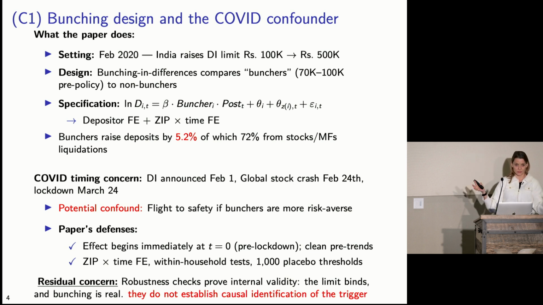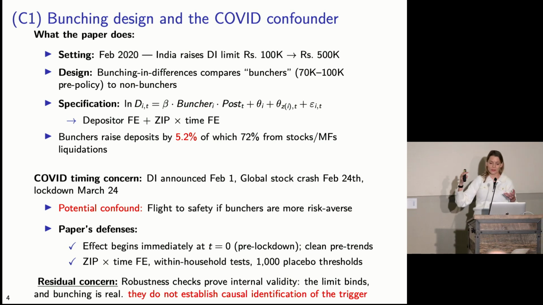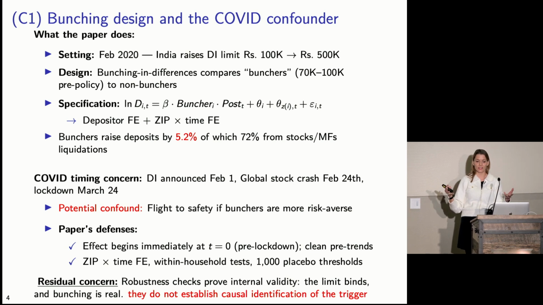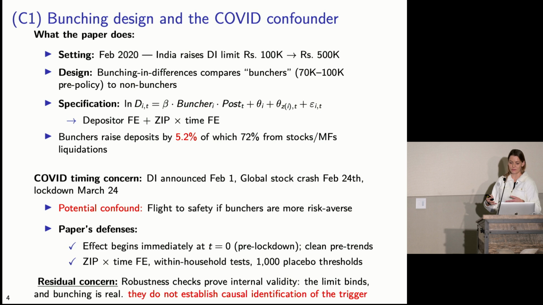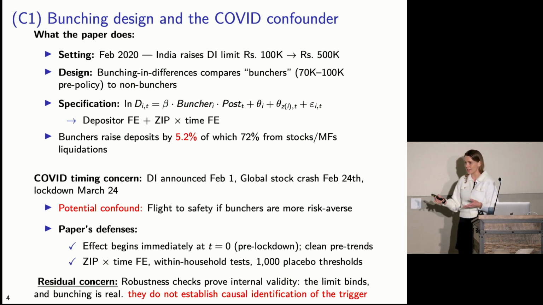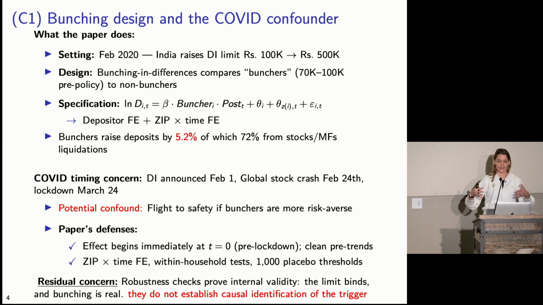And we have a bunch of depositor fixed effects, zip code, and time fixed effects. And we see the bunchers raised deposits, of which 72% comes from stock liquidation. Now, there's a concern, a partial confound: these bunchers may have been scared by the global pandemic and then liquidated their stock portfolios and put this back into their deposit accounts. This is consistent with everything we see in the empirical results, but it is a